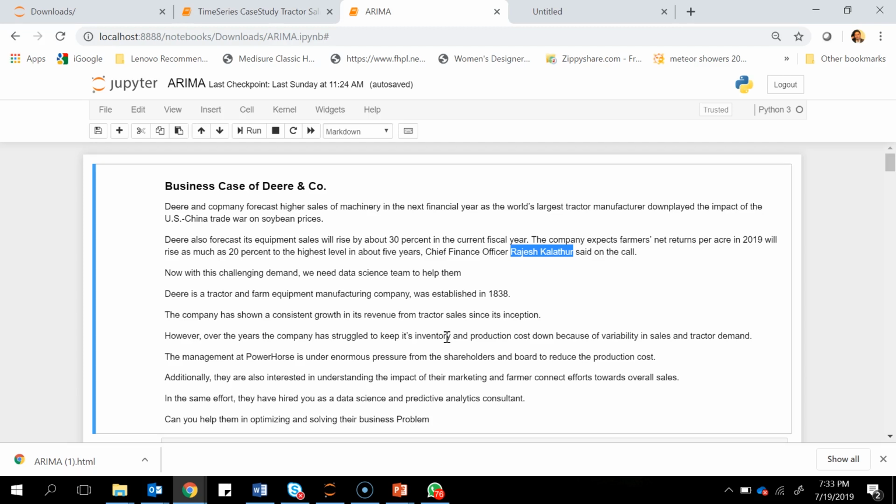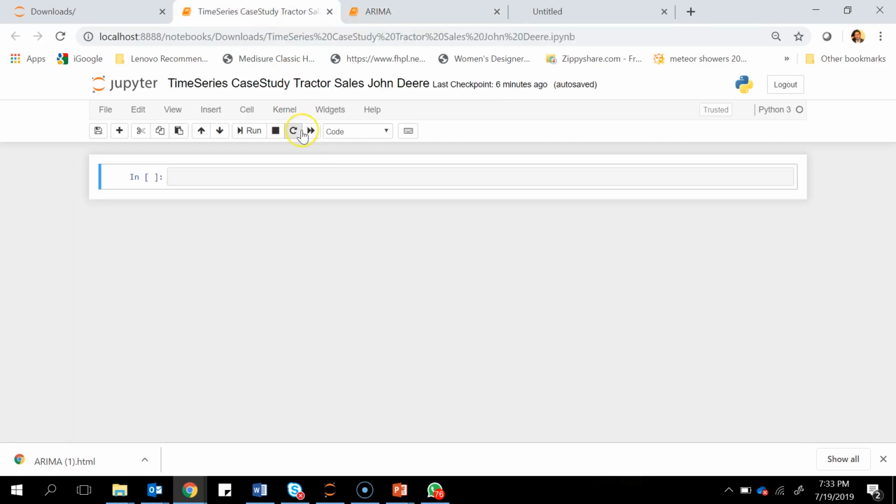So let's begin with this. You can just go through this problem statement, and you'll get a better idea of what I'm trying to say here. So let's just dive into it and start with importing some libraries that we need for it.